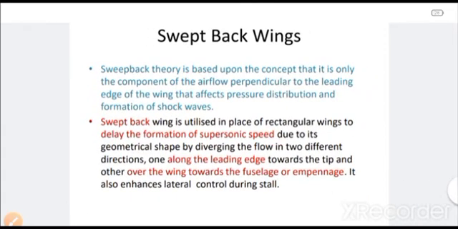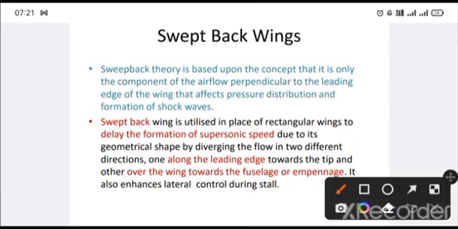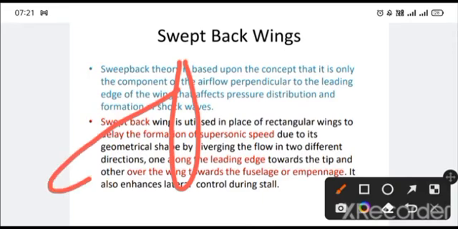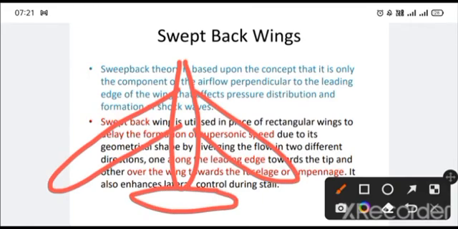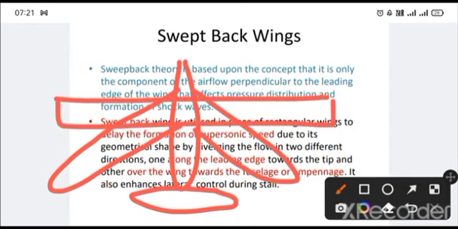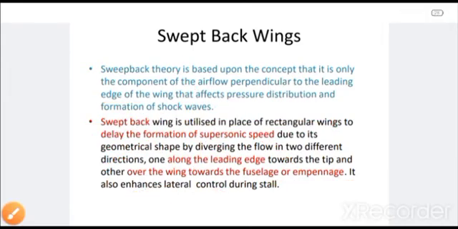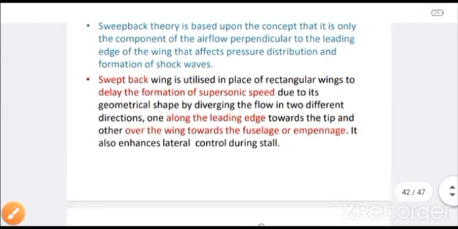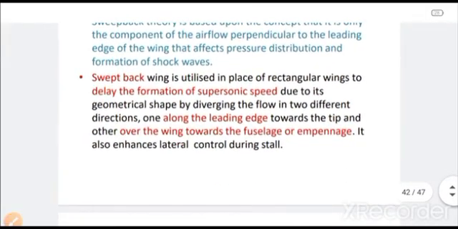Now we have got swept back wings, which we normally see in any airliner in today's world. If this is the fuselage, then they have got swept back wings like this. What is this swept back wing? It is not a normal flat wing or a perpendicular wing. It is swept back at some angle. Okay, it has gone back, and the reason to keep this swept back wing like this is to reduce the sonic speed,